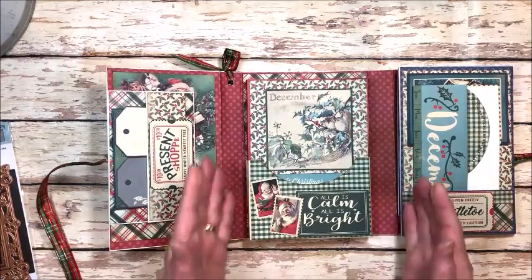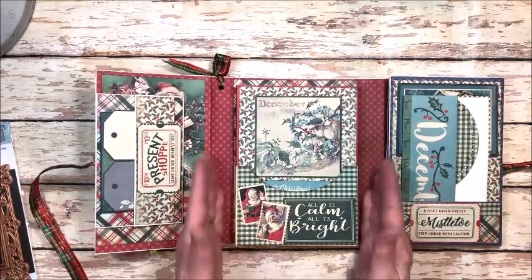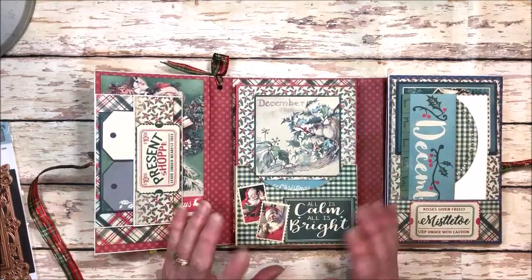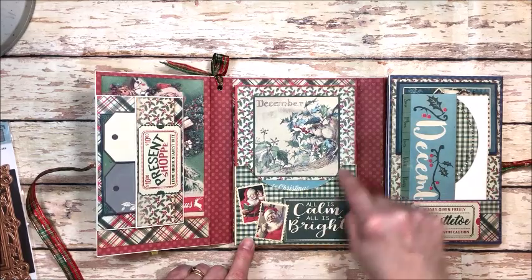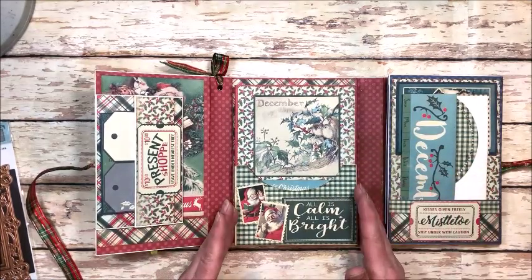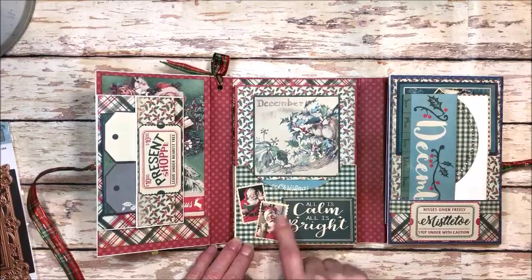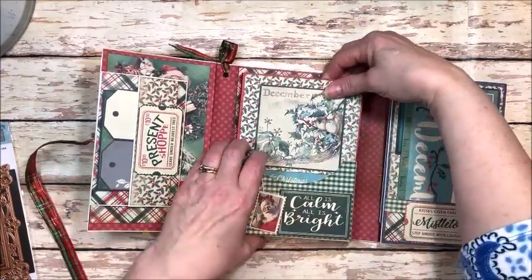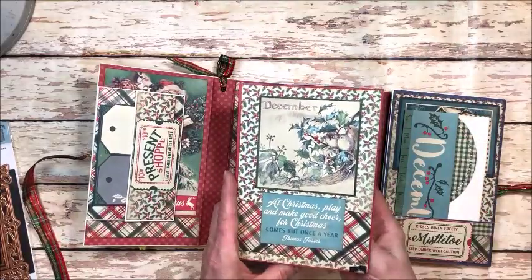Then in the center, I built one of my box pockets, and I do have tutorials on YouTube, and I'm getting ready to do Pockets 101, where I'll show you all different styles. I love the way these patterns work together. Authentique just did such a fantastic job. Little Santa stamps that I just cut out with my shaped scissors, and then inside I made this little 5x6